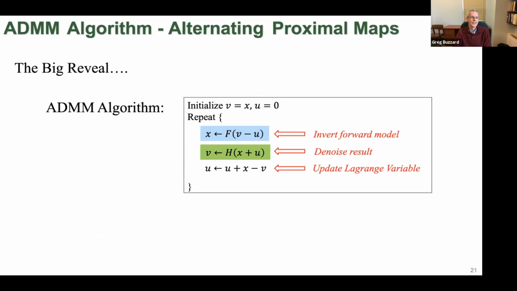So the big reveal is that for plug and play, we start with this ADMM algorithm, and we don't do anything to the algorithm. We just call it plug and play. But the point is that this idea of changing from a cost function to an algorithmic map was, and still is to some extent, difficult for people to accept because of the sense that we should have some kind of cost function formulation.